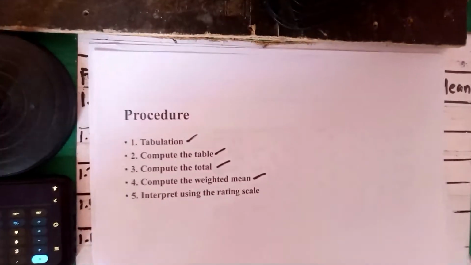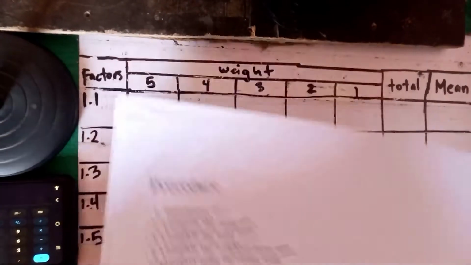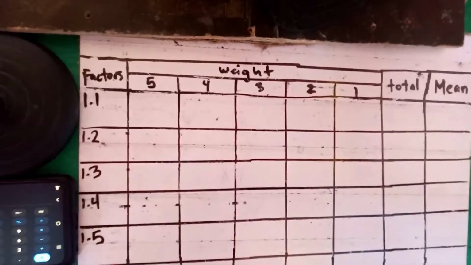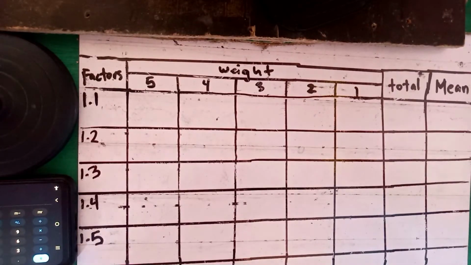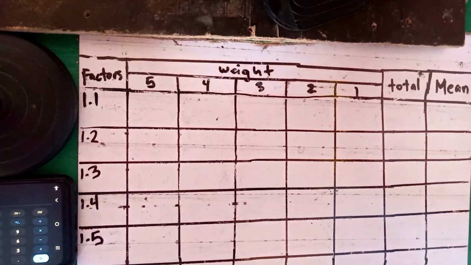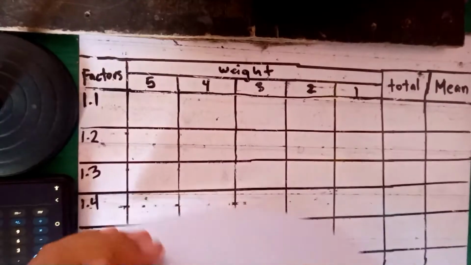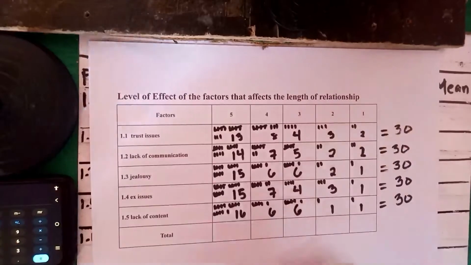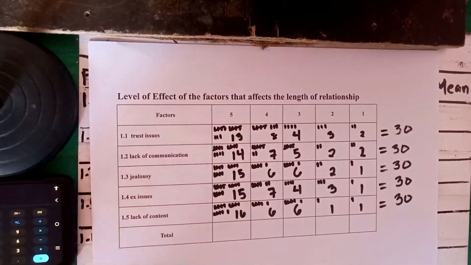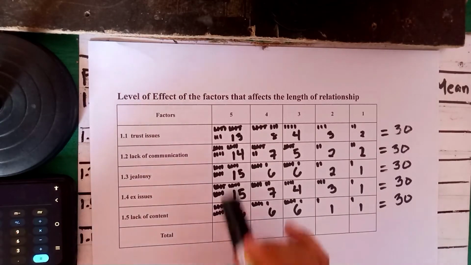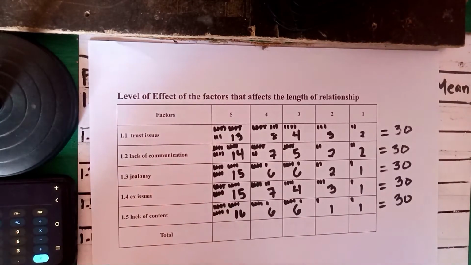So number 1, in tabulation, paano tinatabulate ang isang data? So ang pagtatabulate ng data is binibilang lamang yung raw score, or kung ilang respondents ang nag-score ng ganito sa isang factor. In case of our study, hindi na natin pinakita kung paano mag-tabulate. So ito ang resulta ng ating tabulation, no? So binilang natin kung ilang respondents ang